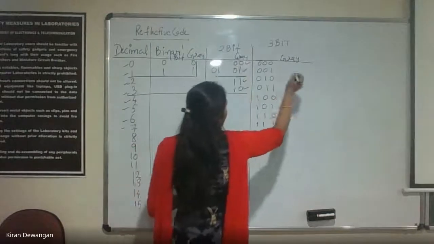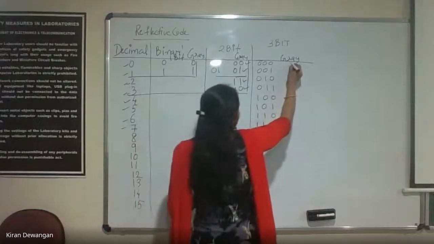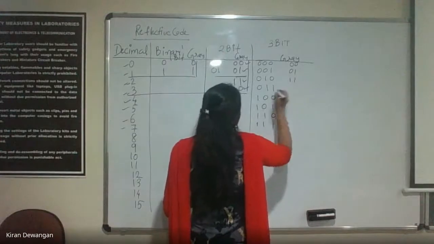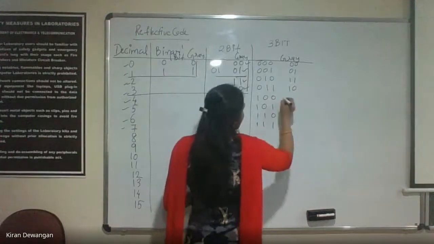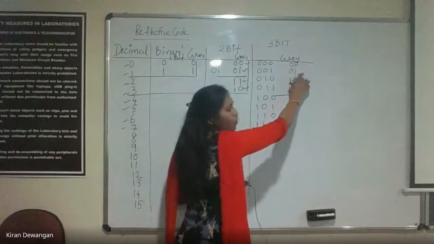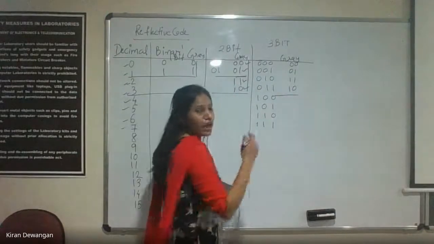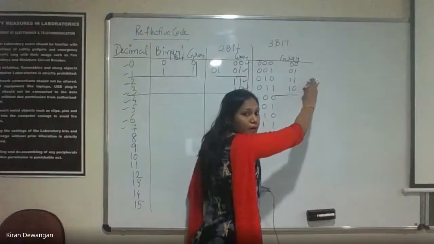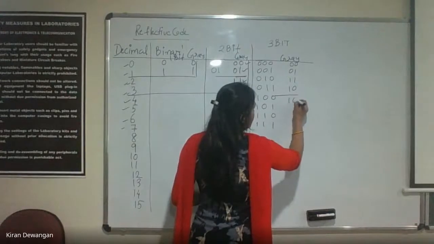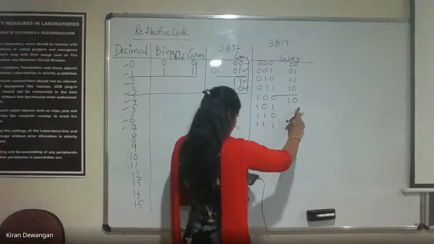So here I'll write these values as they are: 0 0, 0 1, 1 1, 1 0. Now I need to place a mirror here. 0 0, 0 1, 1 1 and 1 0. Now I'll take the reflection of upside to down. That is important. So I'll take here 1 0 because this value is 1 0, so here also 1 0 will come.